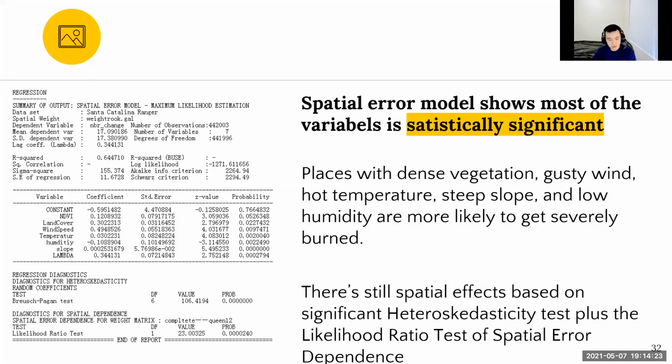The spatial error model is preferred because it has a greater R-square and log likelihood and a smaller AIC than the spatial lag model. All variables except NDVI are considered statistically significant, and the variables have coefficients corresponding to the expectation. The coefficient of the spatially correlated errors has a positive relationship and is highly significant, which indicates an improvement of model fit compared to the original spatial lag model. Unfortunately, the spatial effects still exist according to the last two test results. To fully